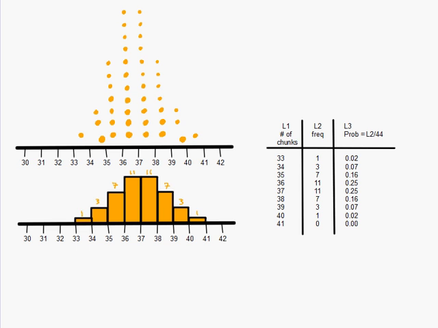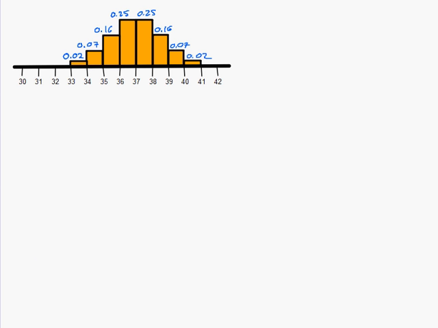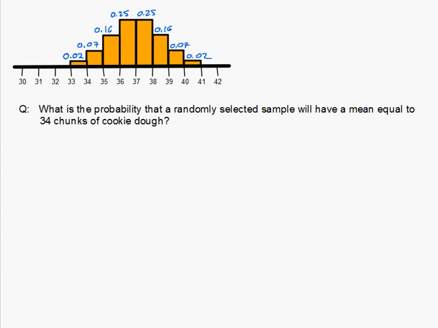And we could graph them, and of course the shape of the graph would be identical. Really just the numbers are changing because every number is divided by 44, a constant, so the shape doesn't really change. And here we have this nice probability distribution. Well, now that we have a probability distribution, we can look at it and start asking all those wonderful probability questions that we know and love, such as,